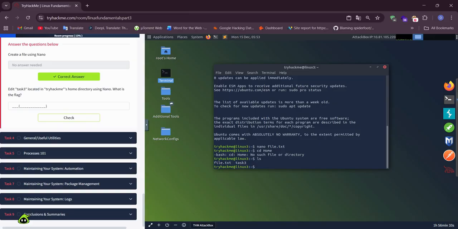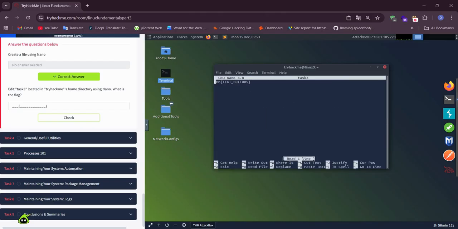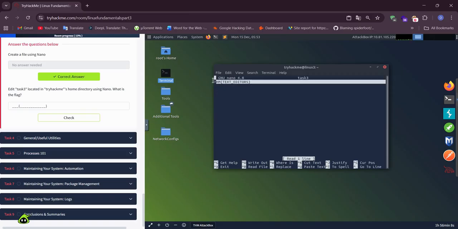We will see in the home directory ls task 3. nano task 3. Our flag is that. THM text editors.